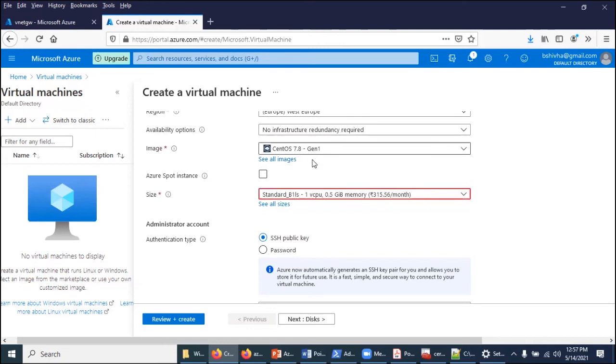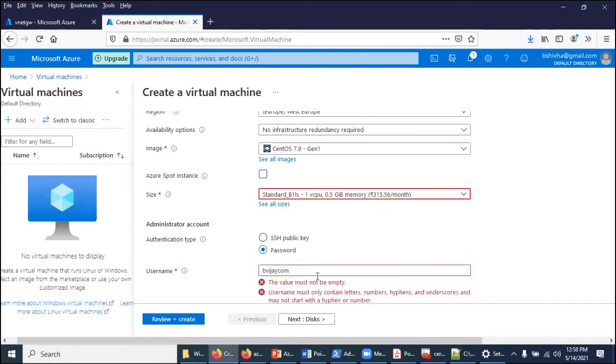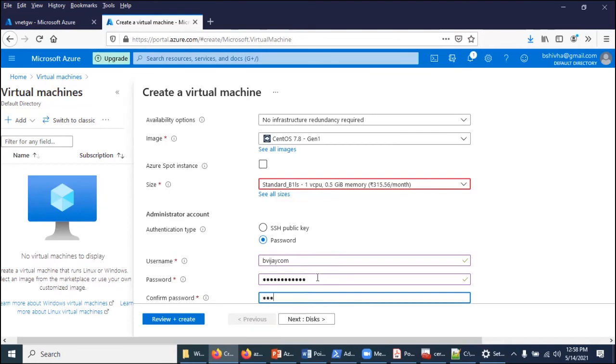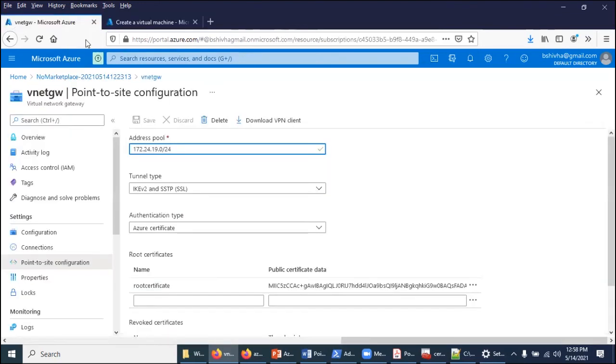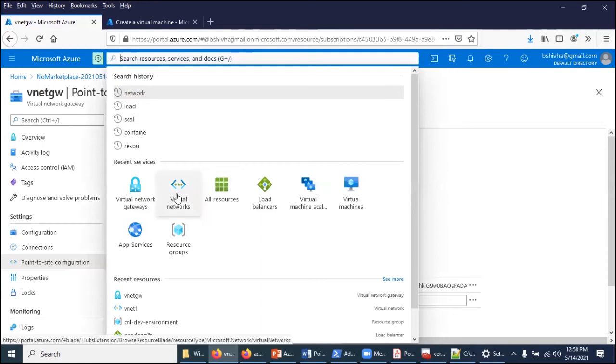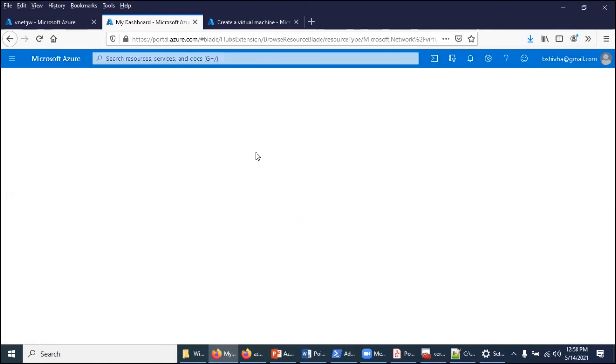The OS doesn't matter. We are just going to ping the private IP. Then the username and password, and make sure it is in West Europe, because the virtual network you created is in the same location, so you need to associate this machine with the same network. Only then, from the internet using VPN, can we simulate and understand the exact functionality.